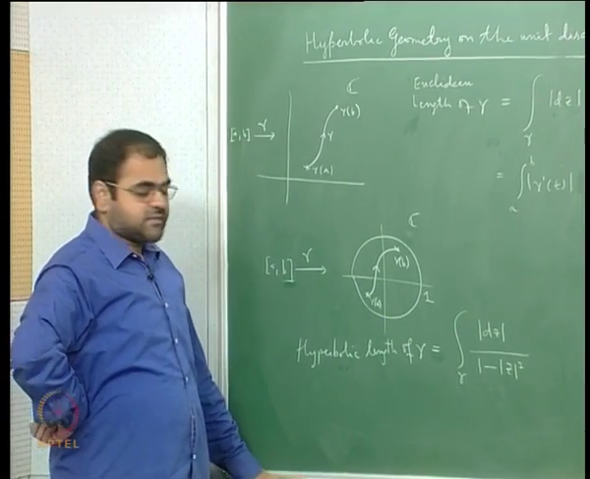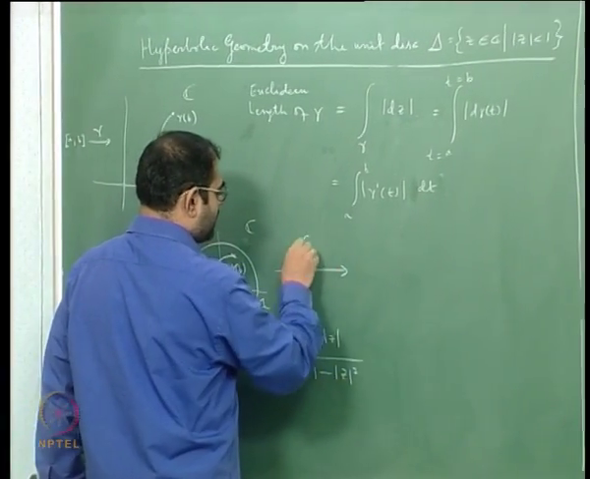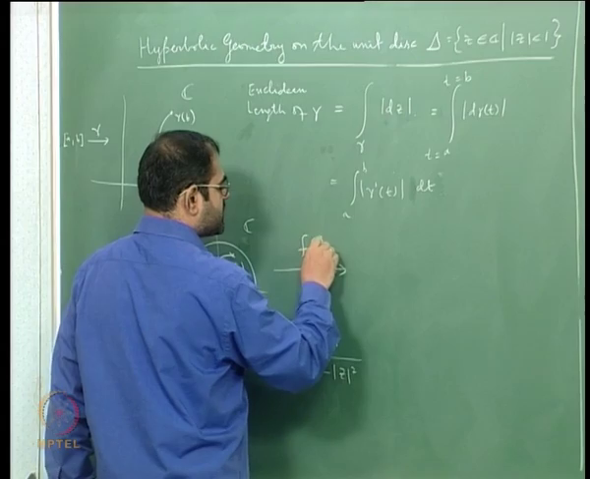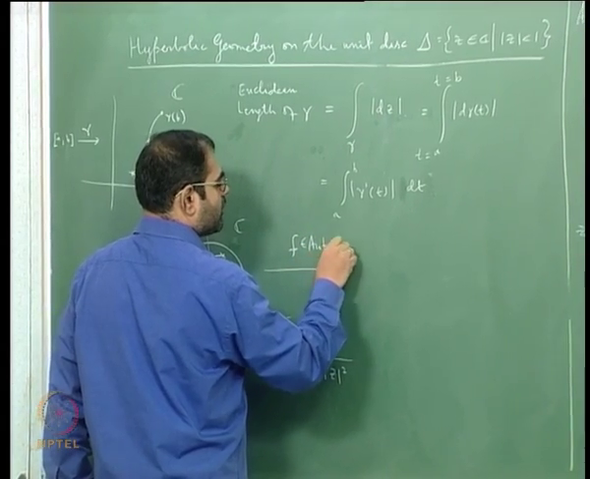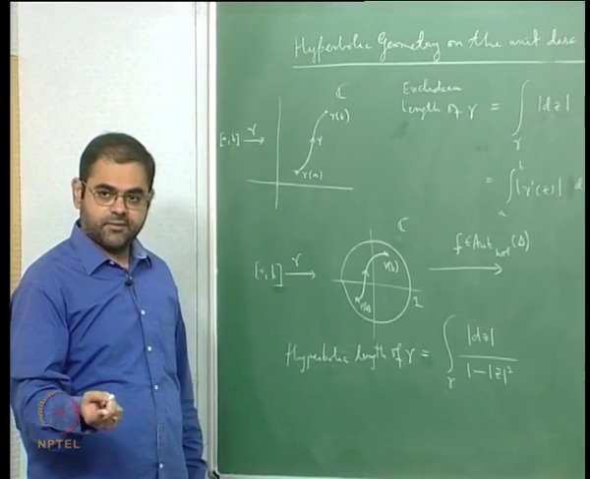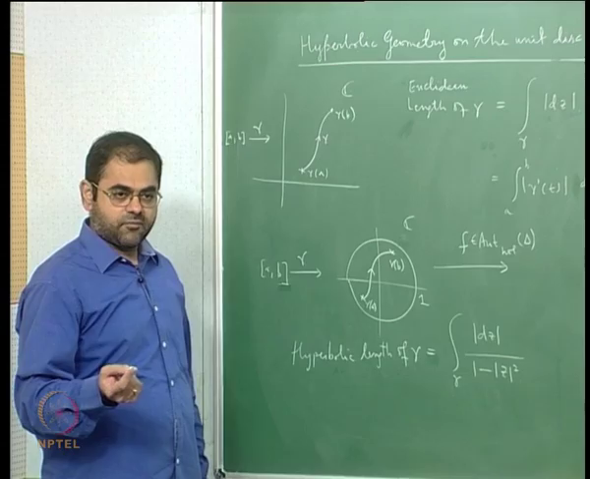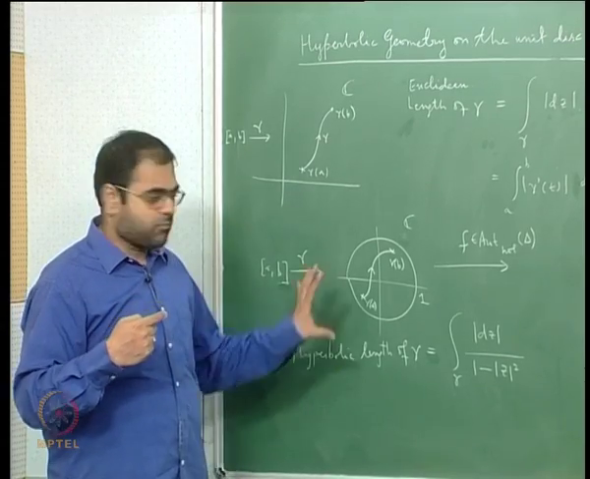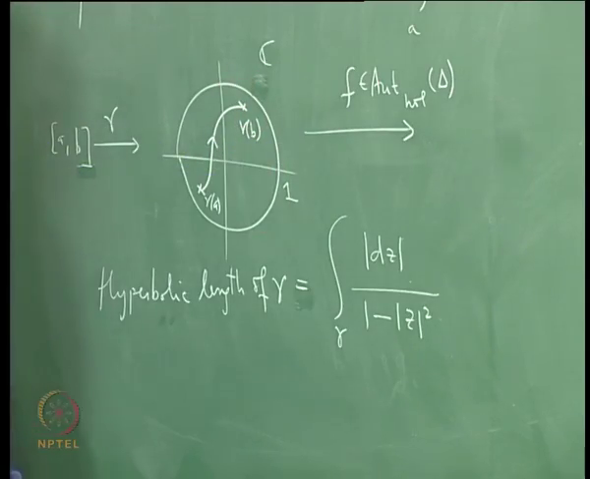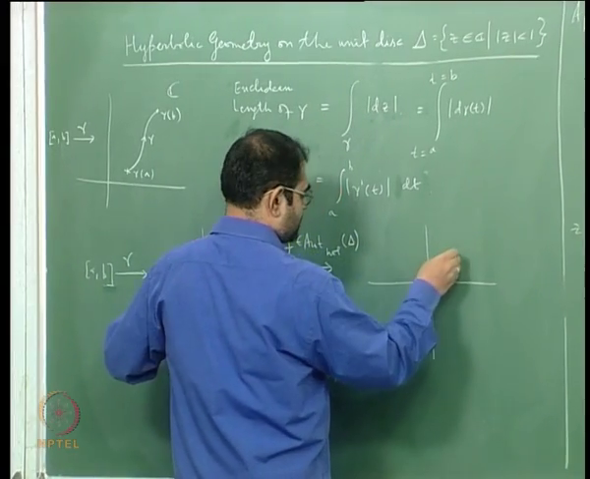The special thing about this expression is, if I now take f to be a holomorphic automorphism of the unit disk, that is, a map from the unit disk to the unit disk which is holomorphic, injective, bijective, and its inverse is also holomorphic, so it is a holomorphic automorphism of the unit disk to the unit disk, then this f will map,